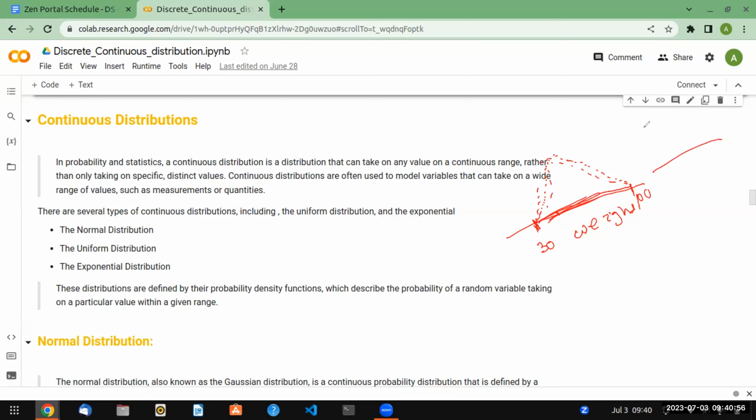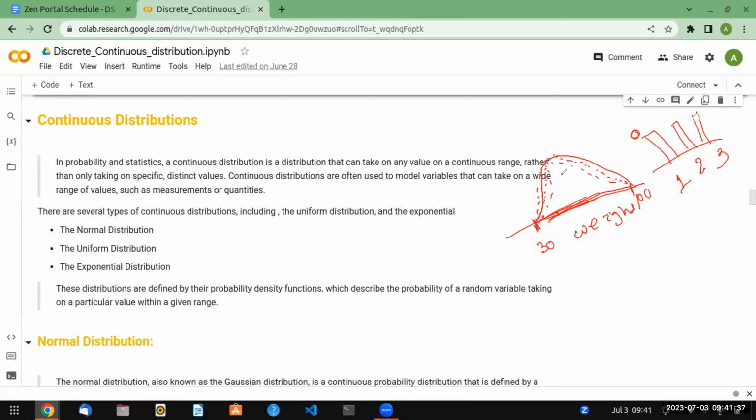Like we have in a discrete distribution, like this. This is the dice: the probability of getting one, the probability of getting two, the probability of getting three. So there is no continuity between your data; the data is discrete. But here, the data is continuous, and at each point you will get some weight of the person. There is no break. So that's why it is called continuous distribution. And this is where most of our examples are, and you are going to encounter real world problems,